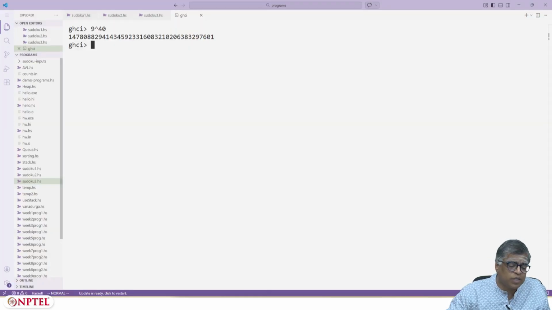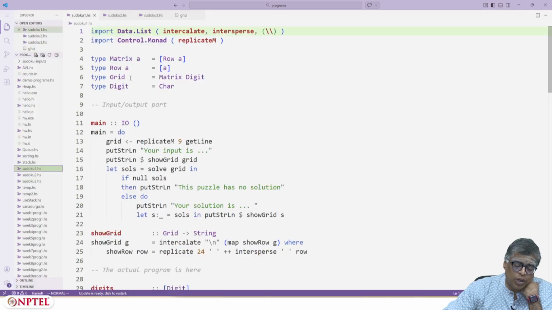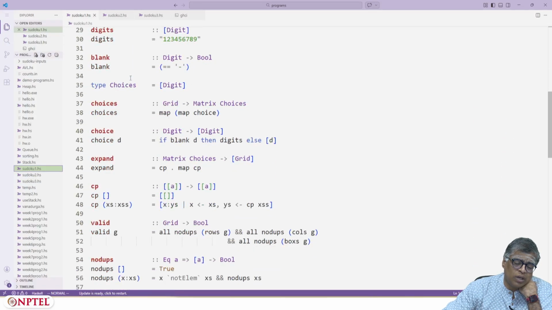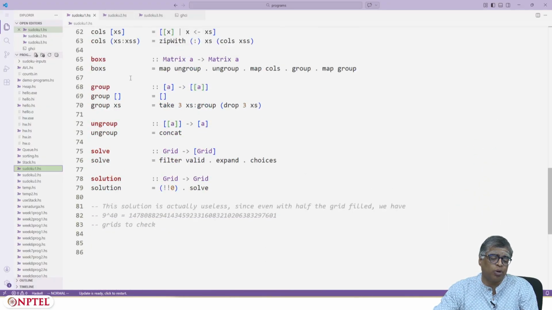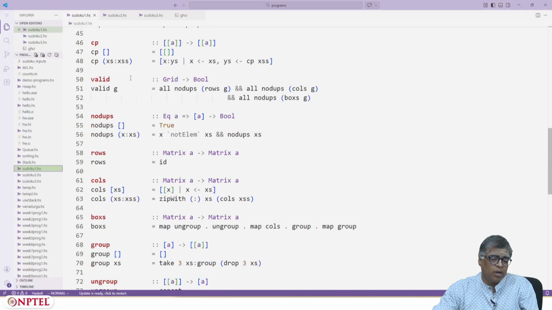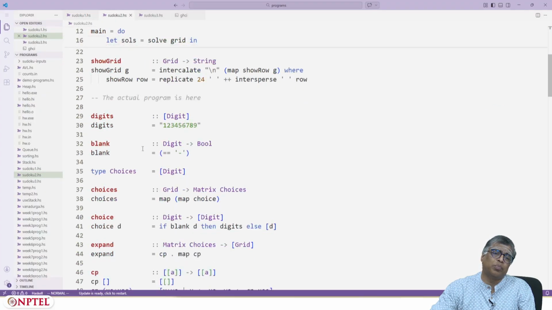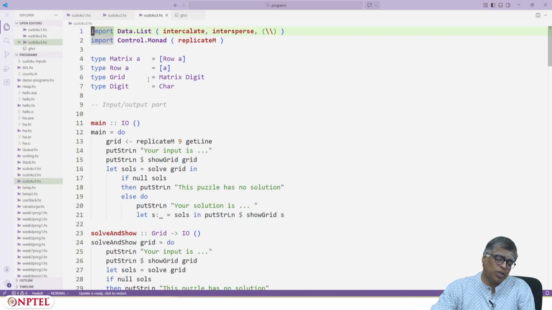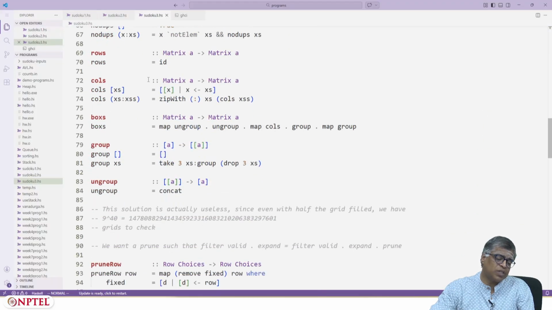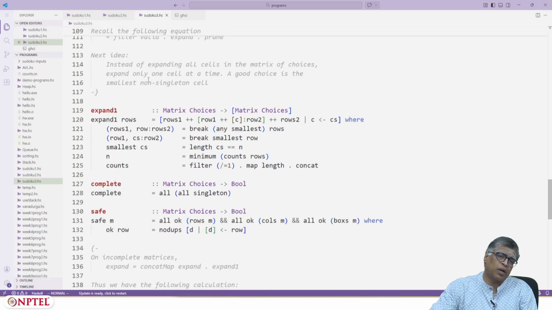Okay, so here I have various programs. I have sudoku 1.hs, where I have programmed all the things that have been shown on the slides. Sudoku 2.hs is the improved version with the prune thing mixed in. Sudoku 3.hs is the search strategy where you expand one cell at a time and you interleave pruning and expanding.